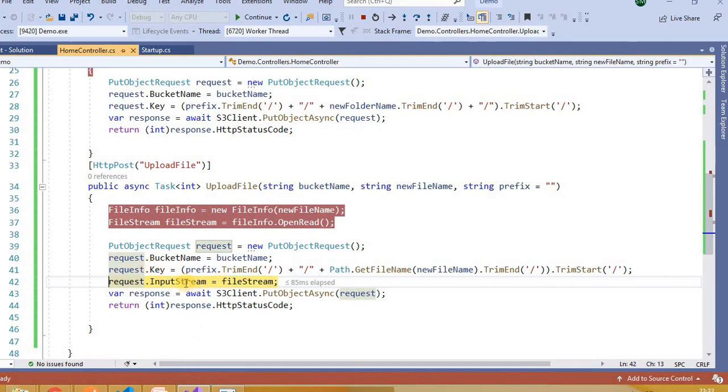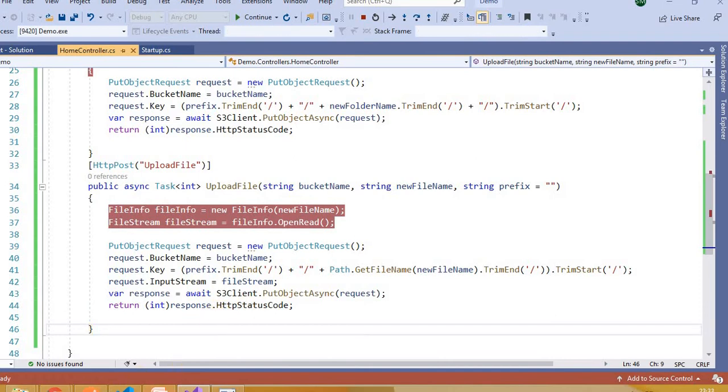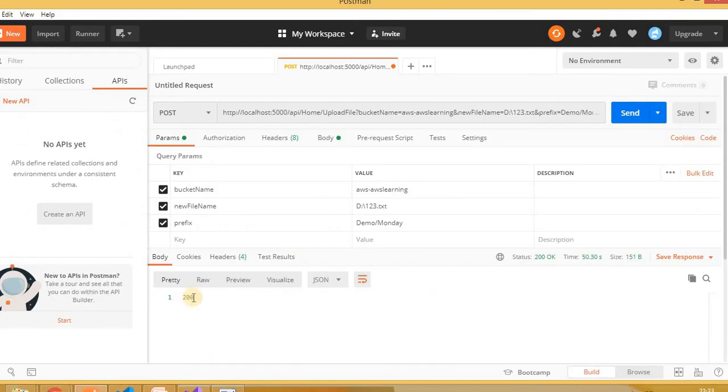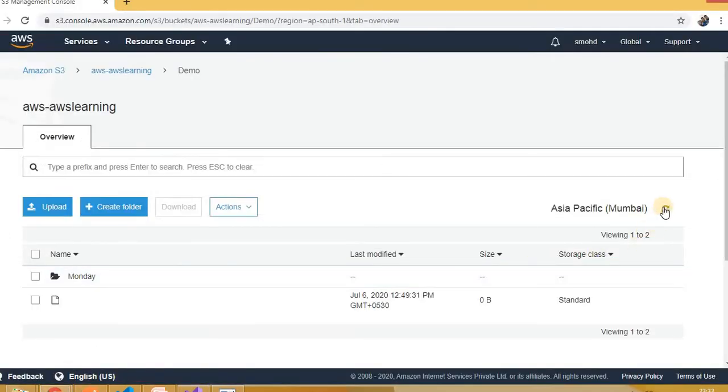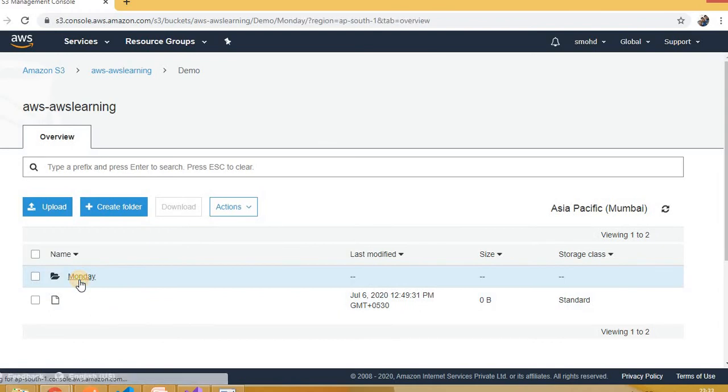So I am passing the input stream, the file stream, and let's see. Its response is okay. It means the file is uploaded successfully. We got the response 200 here as well. Let's see inside the console. You just click on Monday.